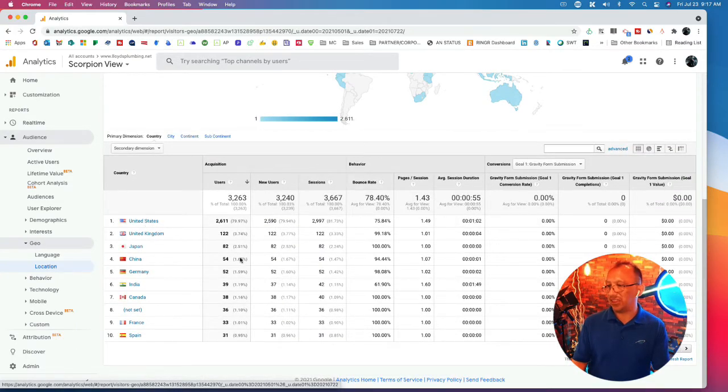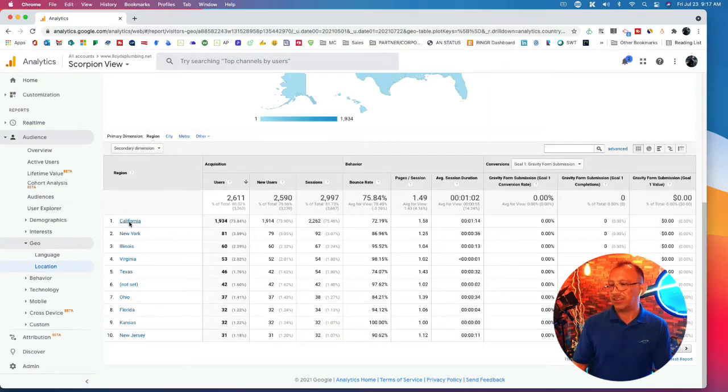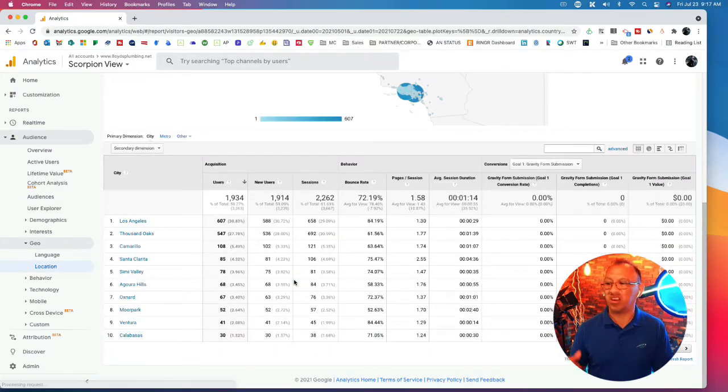There's the United States. You could drill deeper by city and continent and all that. I know that they only service the Southern California region, so the United States. In the United States, I know that they only do California. They don't do other states. And these are the cities that they do service because I work with them, so I know that. So in these items that they have right here,